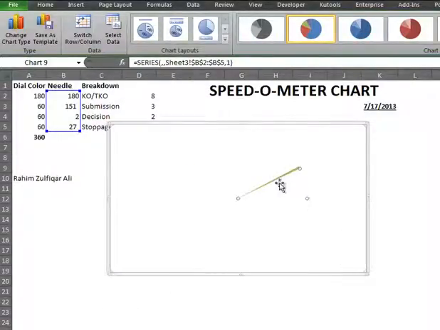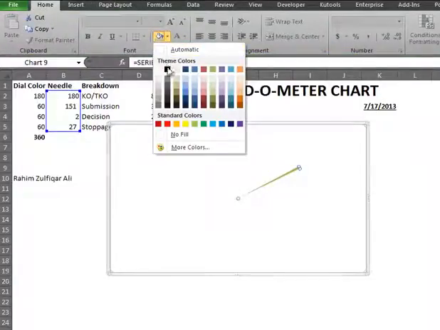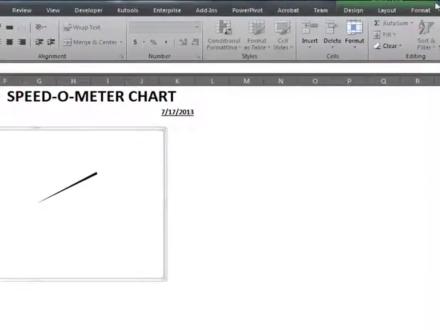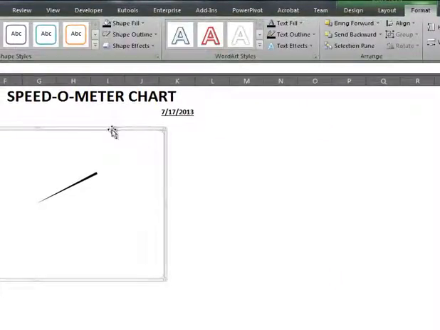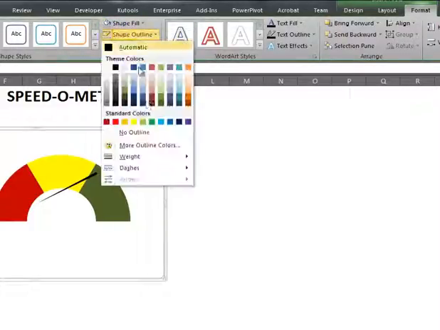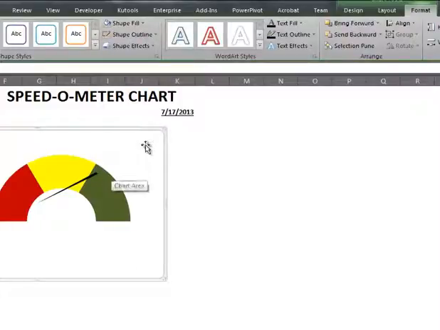Now you can see we have only a needle in the pie chart. Change its color to black, go to the home ribbon and change it to black color, and again go to the format tab and select this chart area, and select no fill and no outline here.